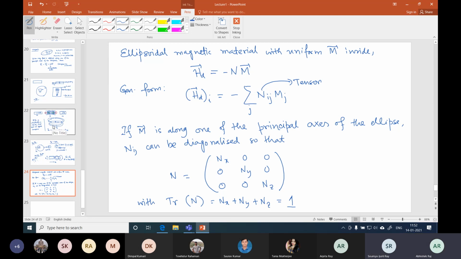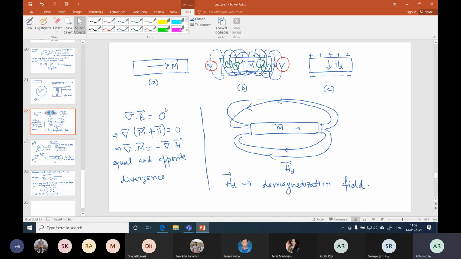Okay, so this first equation, is it clear, or do I need to explain again? Sir, as you have told, the summation of the whole divergence is 0, then the magnetization will be opposite to the H. Yes. Basically this is Maxwell's equation, del dot B is 0. B is nothing other than the sum of M and H. Which means del dot M will be equal to minus del dot H. Whatever divergence is coming from M has to be compensated by the divergence created because of this magnetization. As you know, if I have a magnetic moment, or a magnet, then that will give me some field, right? Yes, sir.